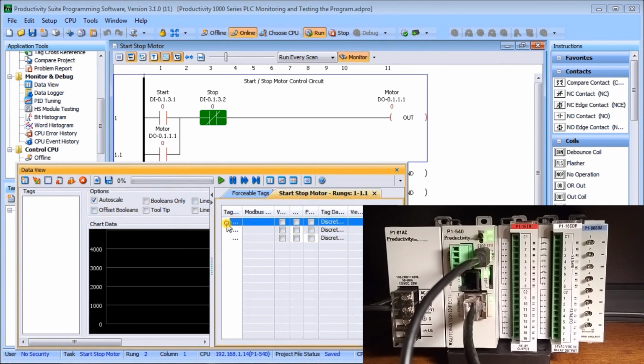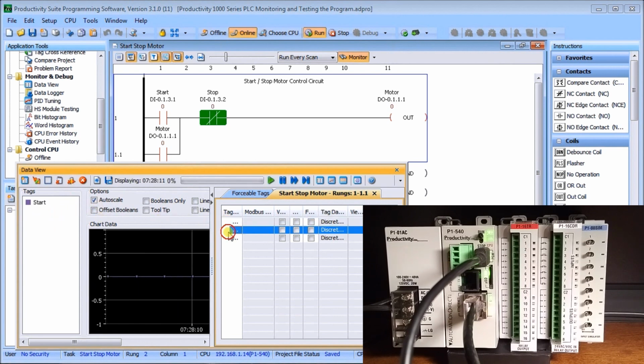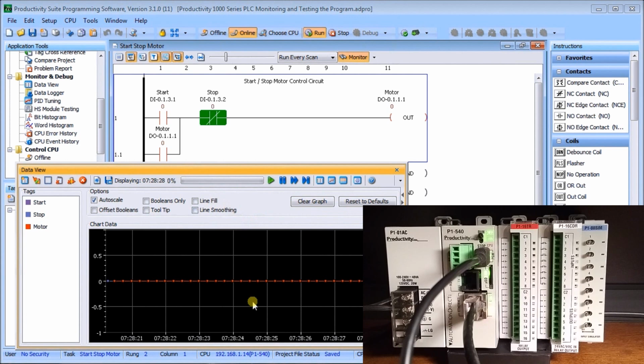We'll grab a hold of that and put it on here. I start. I stop. My motor. Okay. So now I have the 3 tags on here,